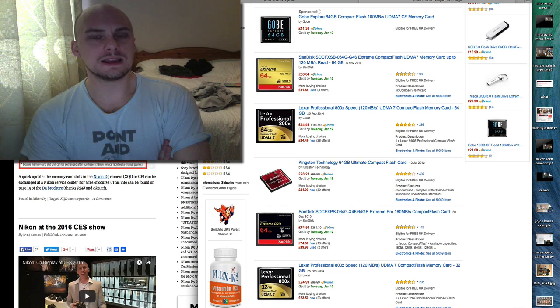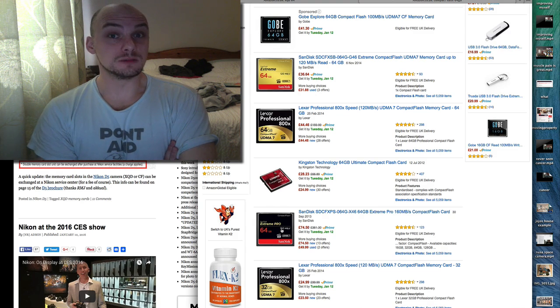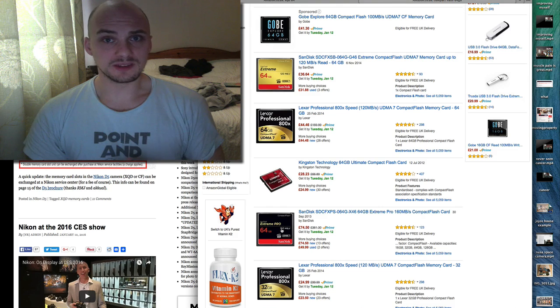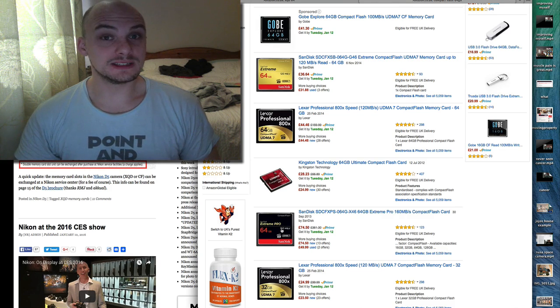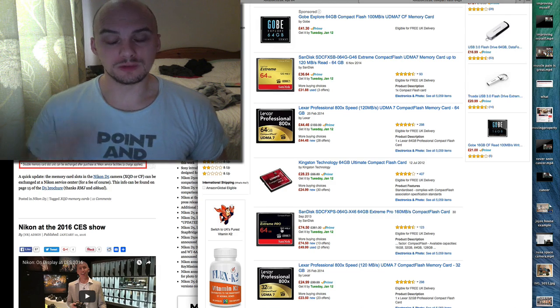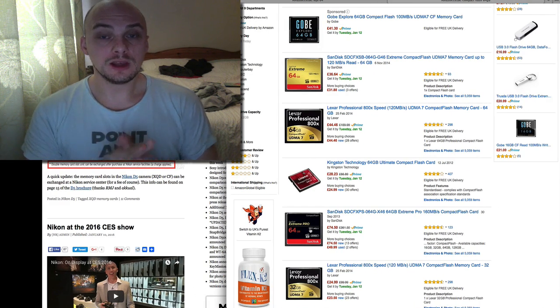So pretty much every camera, every memory card can deal with most of the video workflow, even 4K, 30 frames a second, even 1080 at, what does this one do, 120 frames a second, can happily deal with the amount of information coming through. What you possibly need it for is if you're doing high megapixel, so you're talking about the new cameras,